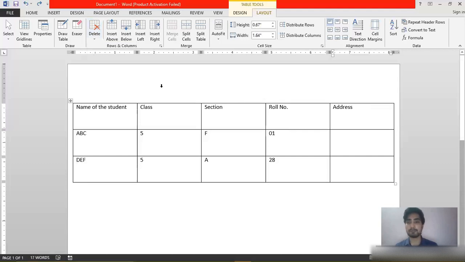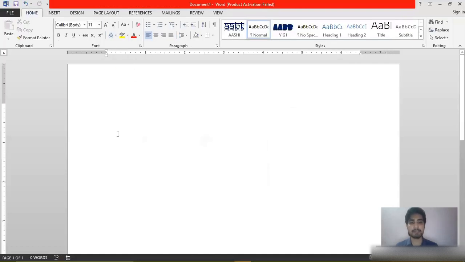We can add rows and columns inside a table. Now suppose you want to delete the entire table, in that case you can select the delete table option. If you click on this, then the entire table will be deleted. So as you can see, the table has been deleted. Now this is the method through which we can add a table. We can insert rows and columns inside a table. We can delete the entire table. We can add data in a table.